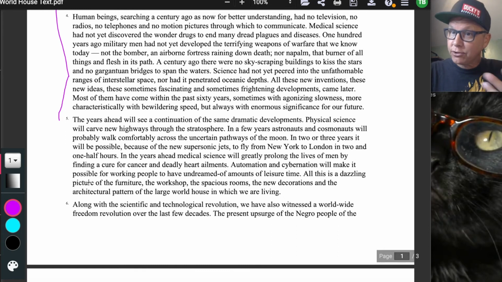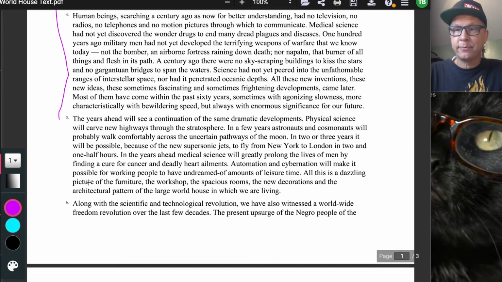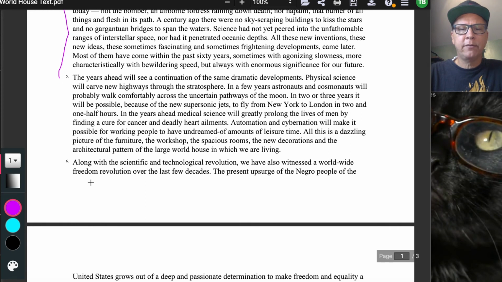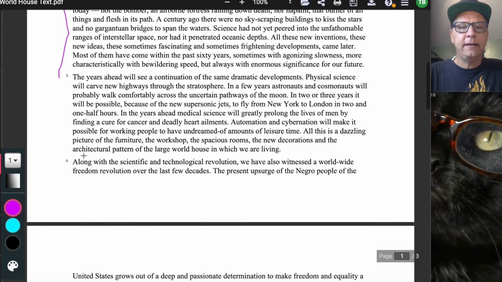Does 6 still talk about science and technological advancements? That is my question before I know what I want to block or chunk. Along with the scientific and technological revolution, we've also witnessed a worldwide freedom revolution. So now he's moving into a different idea. Freedom is less concrete, right? In these examples, he's like